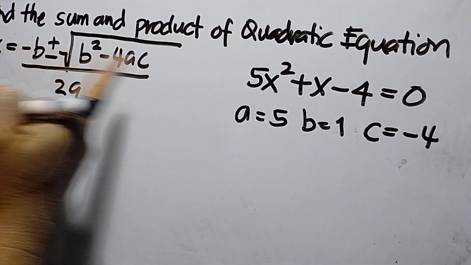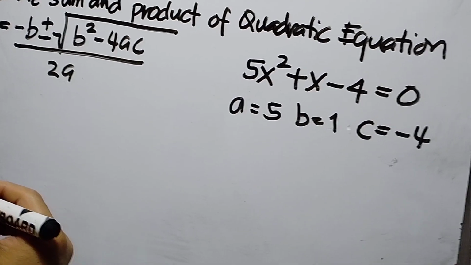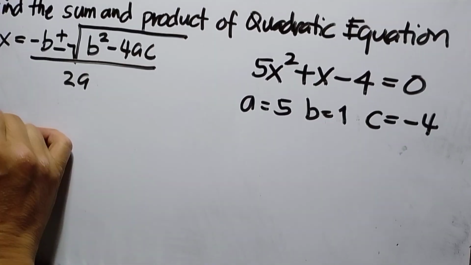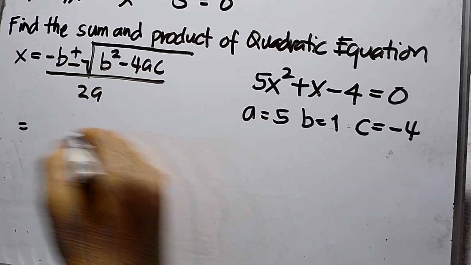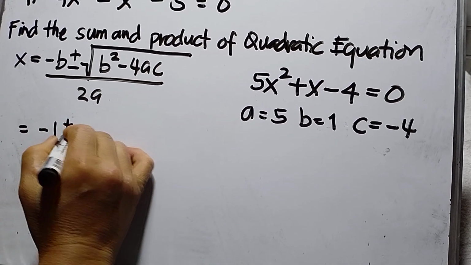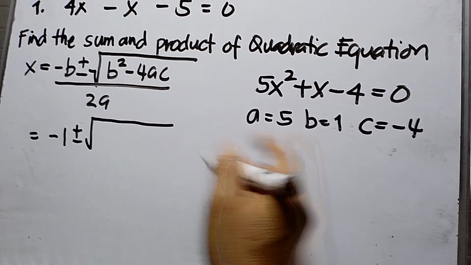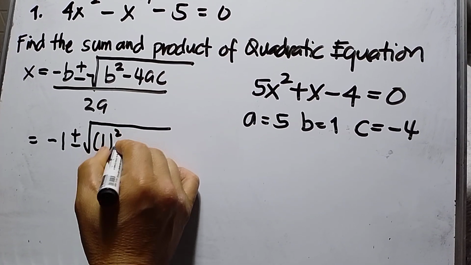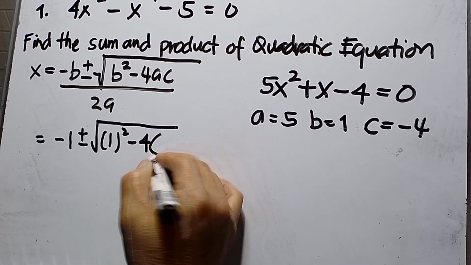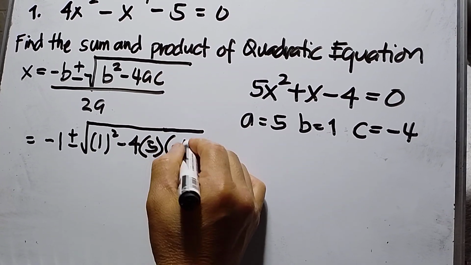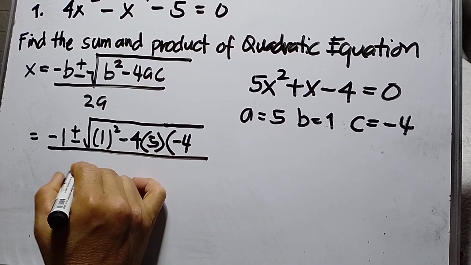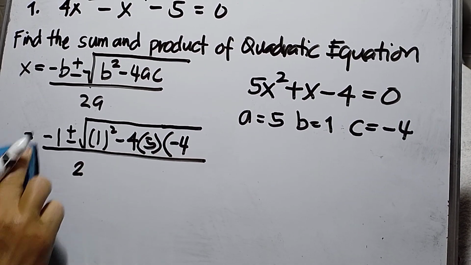This is how to get the roots of the quadratic equation. So substitute: negative b is negative 1, plus and minus square root of 1 squared minus 4, a is 5, then c is negative 4, all over 2 times a